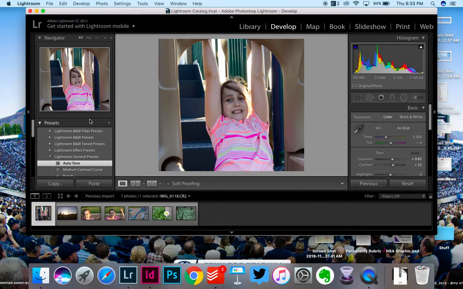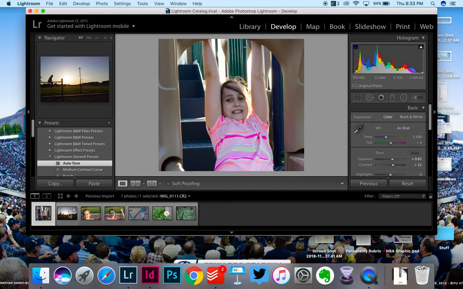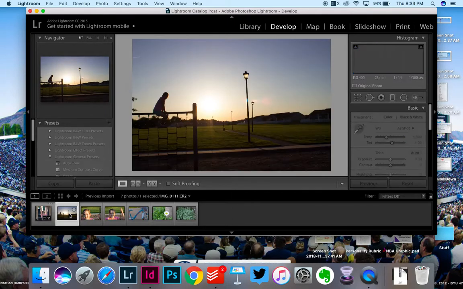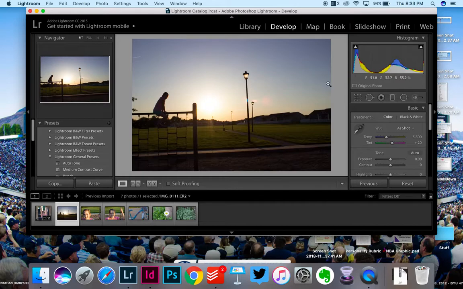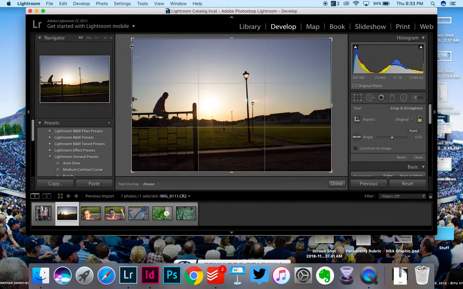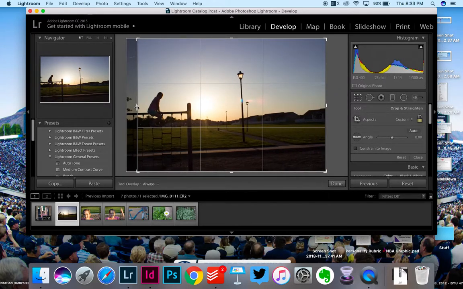So I'm going to do that again with another photo. I'm not going to really talk a whole lot. I'm just going to do this so that you can watch. So I have this photo now, and it pops up here. I do want to crop this. We've got a little like sky thing right up there. I want that gone. So I'm going to crop there, and then that actually puts her in the rule of thirds a little bit better. I do not want to auto tone this. This is a really nice, oh actually the medium contrast curve actually looks really nice. So I'm going to click on that,